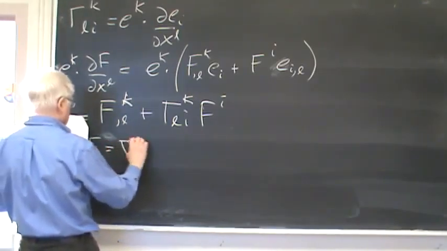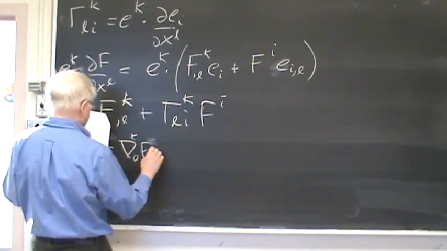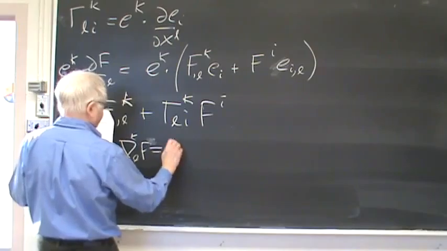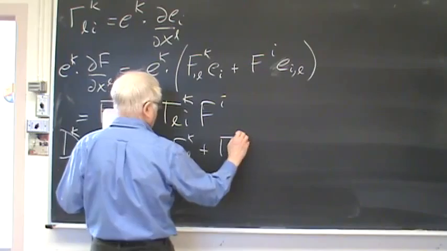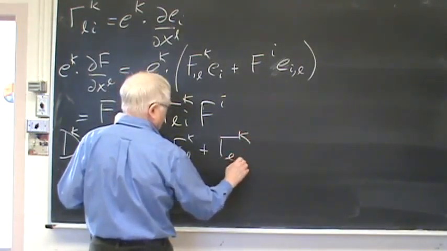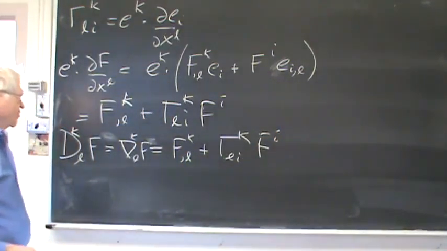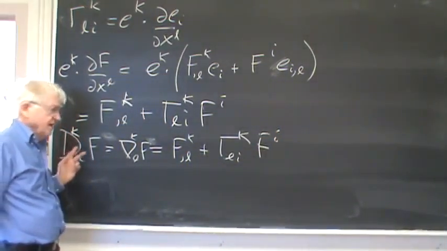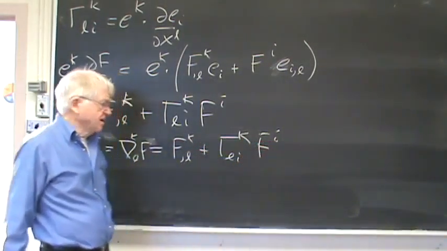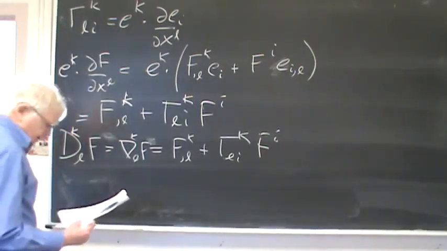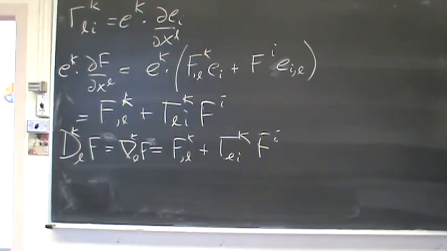So, and this is sometimes written as DL FK, although I think the K should be here. Anyway, this is then FK, comma L plus gamma K Li F I. And you see why I think the K should go over here. It's that the K doesn't stick to the F because it turns into an I. Okay. Now, so this is the way Einstein basically set things up, although I don't think he used these